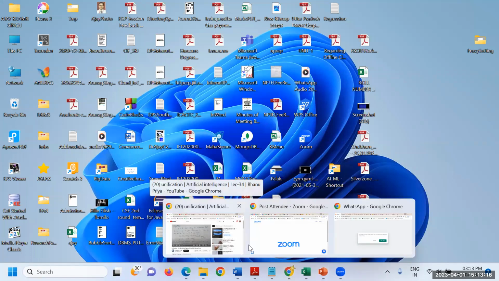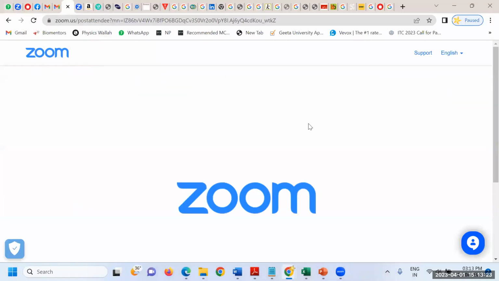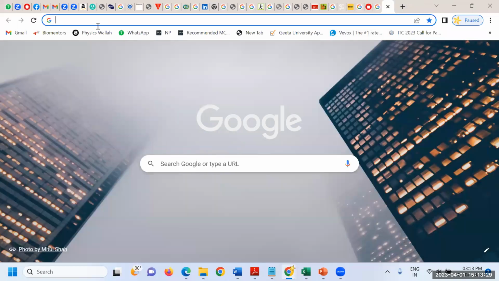For that, everybody should have a Gmail account at least to go for Google Colab. I think you did it in the morning also. So you know how to go for this Google Colab. Here you have to write in Google, you write Colab.